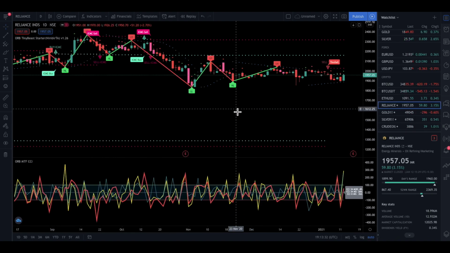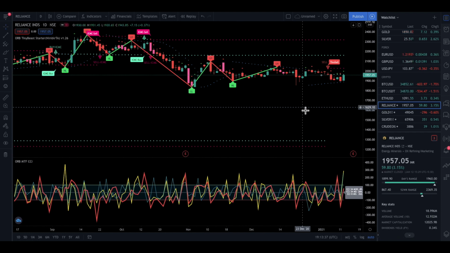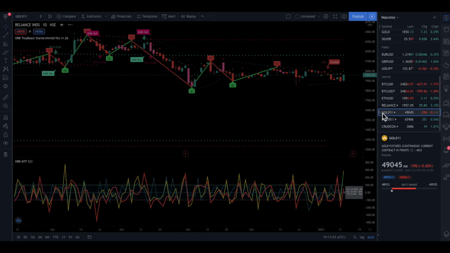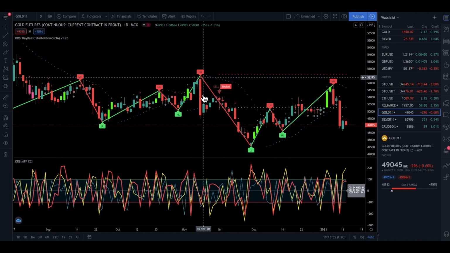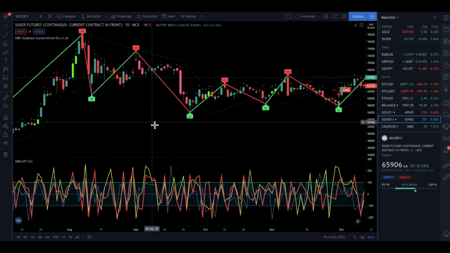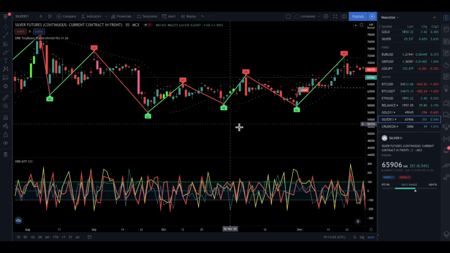Some of you requested for MCX trading to be enabled. So I've done that in the indicator now. You can use it for MCX trading also. Though I have not tested the entire strategy on MCX, I assume that it will also do equally well on MCX. But you can try it out and send me feedback. Now if we see gold, we see the Tiny IC is getting generated here. So it seems to be working for MCX now. So very good.